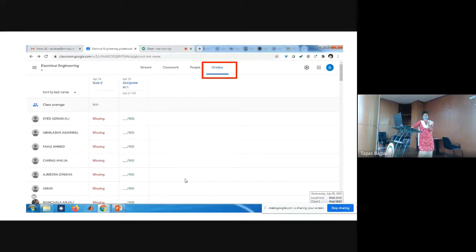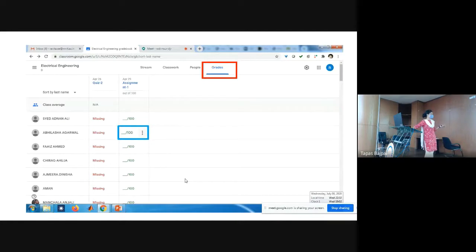And then this is the grade. Under the grade, if you have given some quizzes or assigned some assignment, the student will submit it, and we have access to see their assignments. Everything is set in the Google Drive. So these are the students. This is an example, where the grade points are 100. So we can evaluate them by clicking the particular student name.